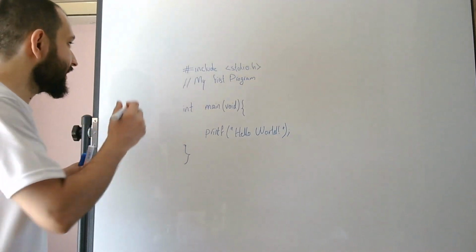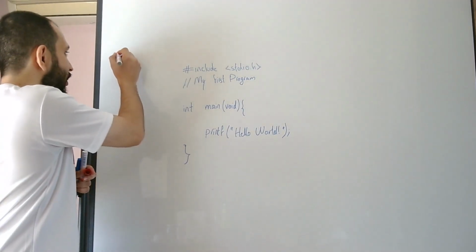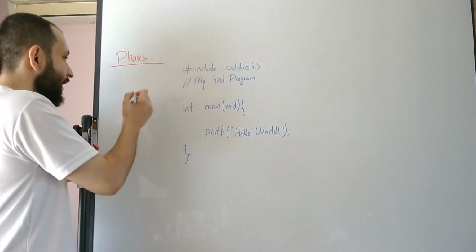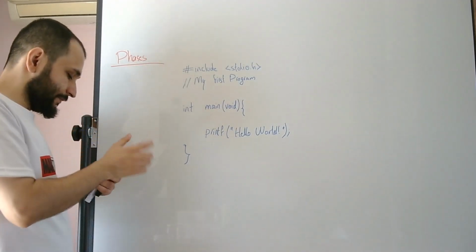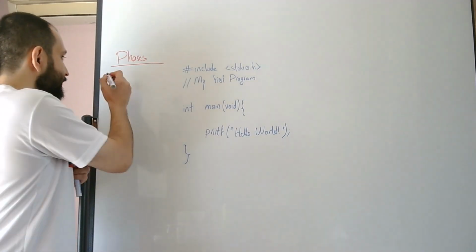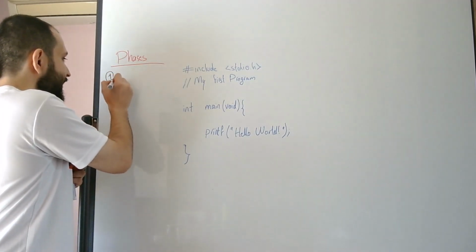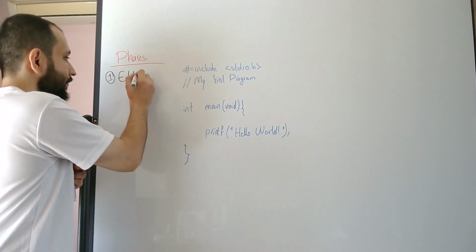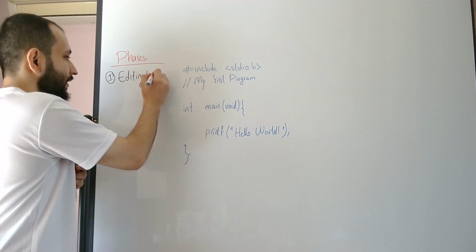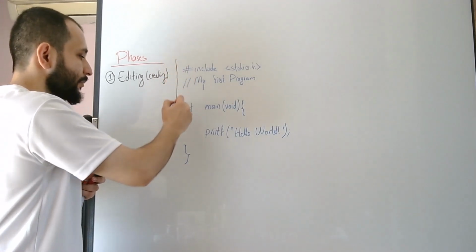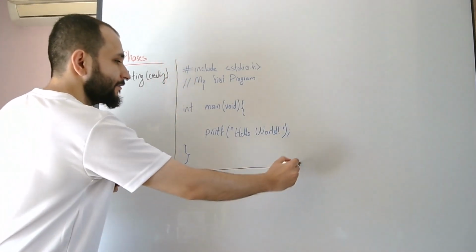So let me write down the phases of creating a program. The first phase is editing or creating a program. So the first phase is going to be editing, or we can say creating. So this is the program that we have,